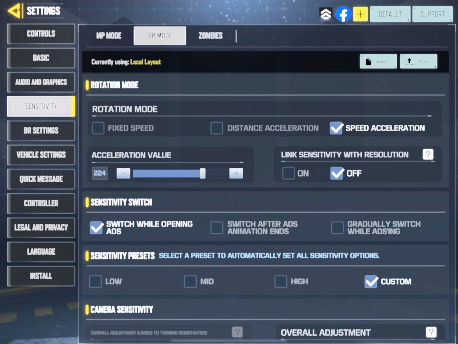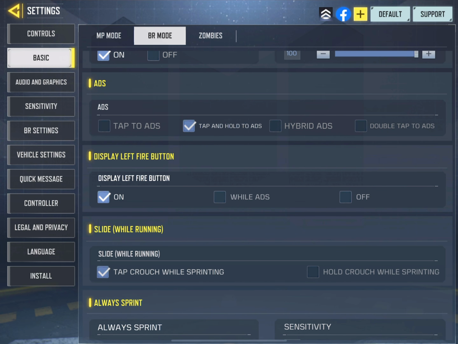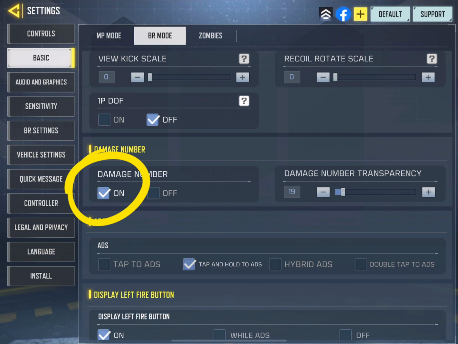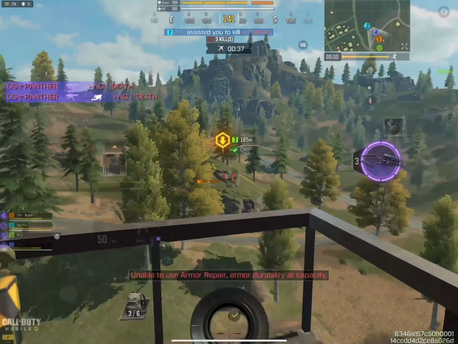Now go back to the basic settings and set the ADS to tap and hold. Also make sure to turn on the damage number if turned off so that you can see the damage your shots are doing. Once you get familiar with these, move on to the next part, which is adjusting your sensitivity